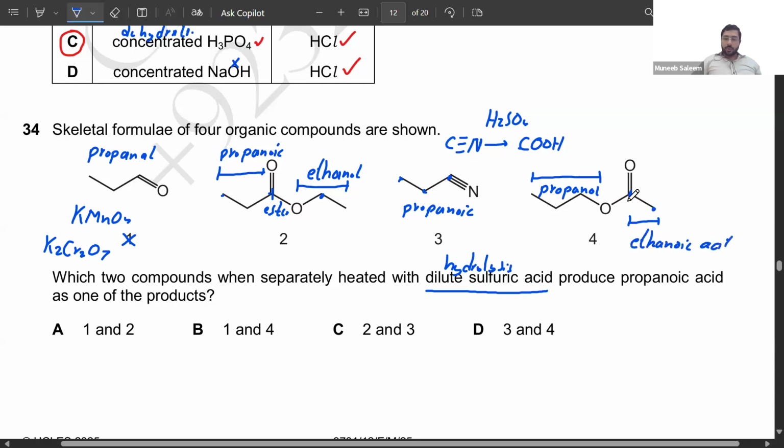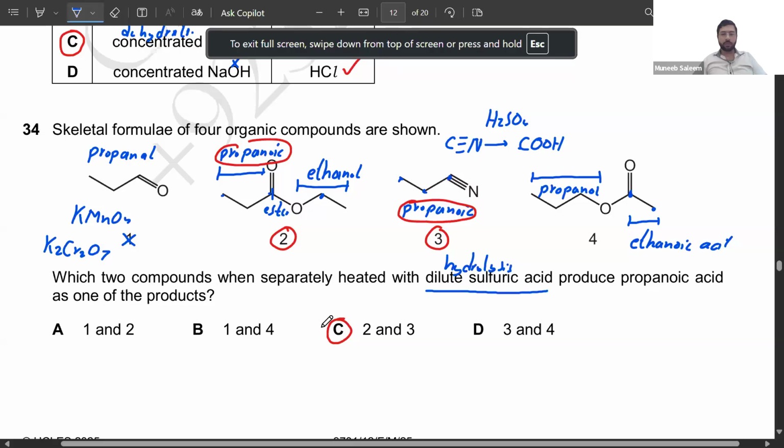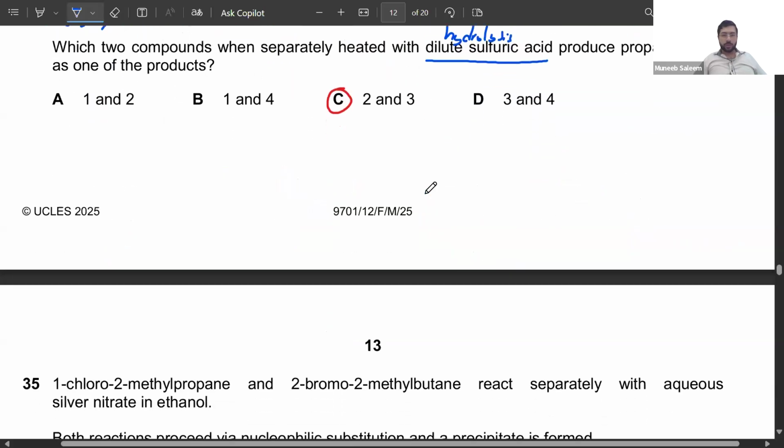So in this way, the only 2 compounds containing propanoic acid are compound 2, and then we have propanoic acid in compound 3. So 2 and 3 are the correct options, that is, C is the correct answer. Now question number